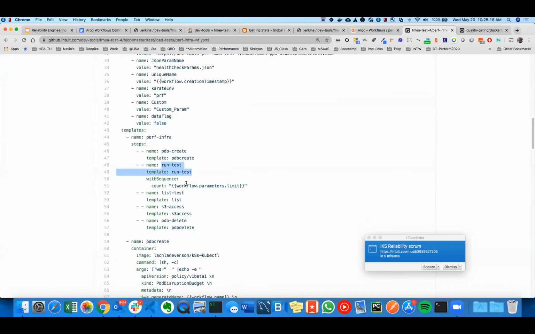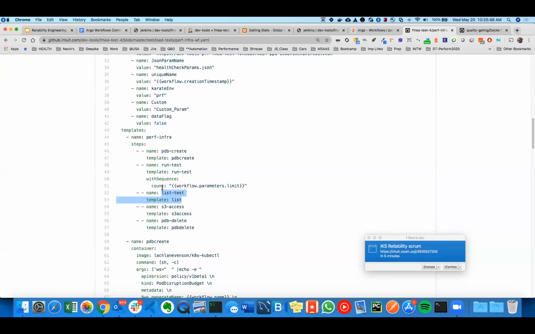Run test is the one, as you have seen, where we give 2 pods, and the 2 pods will be generating the load. The 2 is dynamic, so you can give 2 or 10 or 100, whatever number, depending on the load that you want. So it is highly scalable. After the run test, all the execution is done in the individual pods, and they generate the reports in each of those pods. List test is the step wherein, once the results have been generated from the individual pods, we merge the results.